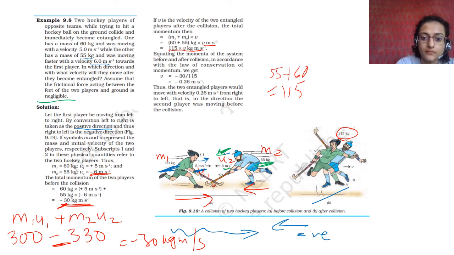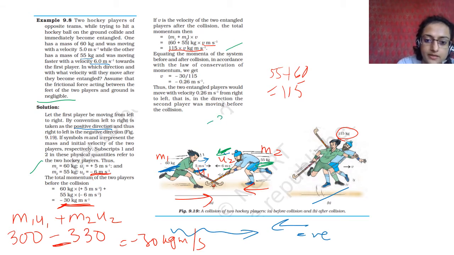Okay, so we will equate this according to law of conservation of momentum, this equal to this. You have to always write that statement when you are solving. So if you solve the initial momentum and final momentum, you have to give the statement according to law of conservation of momentum, initial momentum of the two players is equal to final momentum of the two players, right? And then you equate it like this.